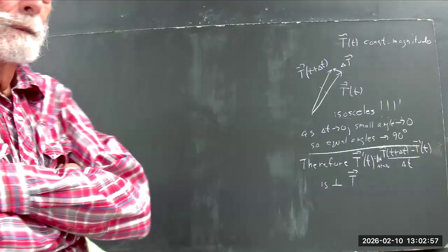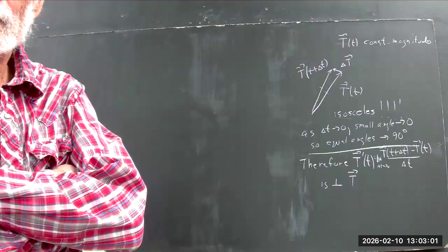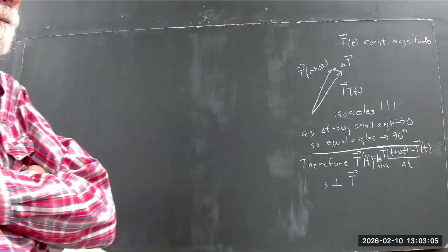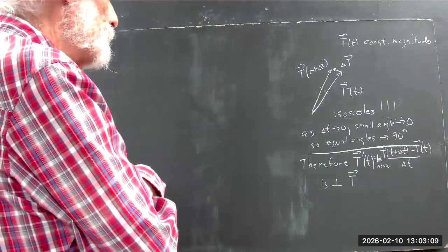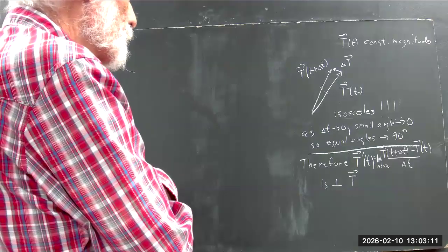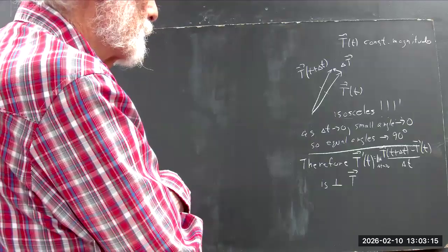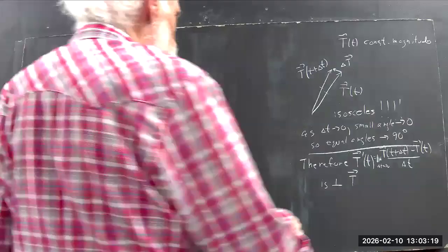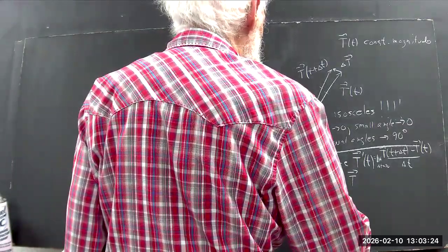The derivative is perpendicular to T. Normal vector